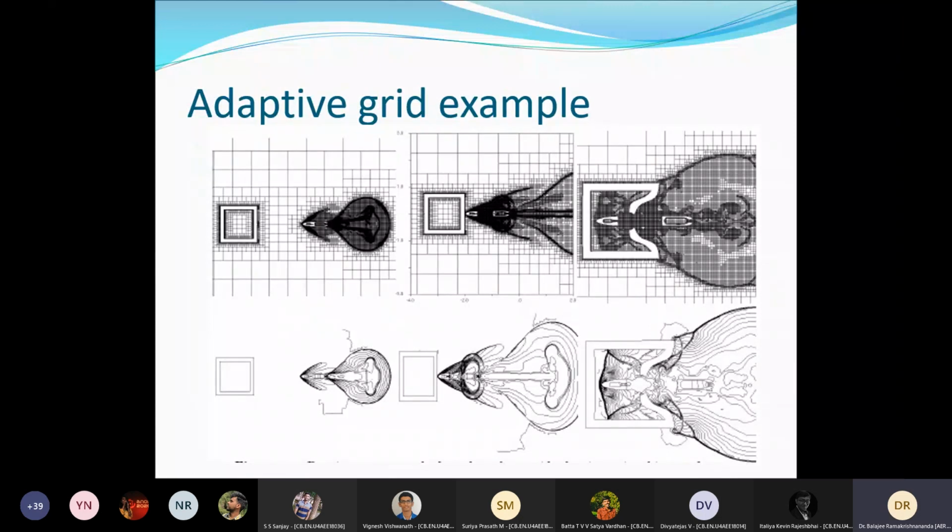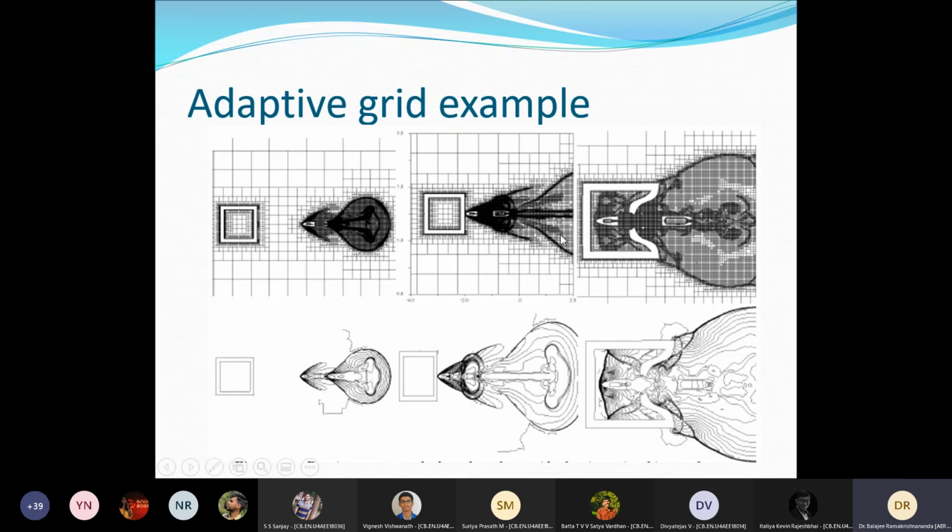Now you employ this, and you see this kind of evolution of the flow field. Proceed from left to right. The left shows an initial time step. Then this bullet is flying towards this solid surface, and the bullet is piercing it. There are a lot of changes. You can see the flow field has changed, so the grid has also changed here. There's some circular thing we have started, right?